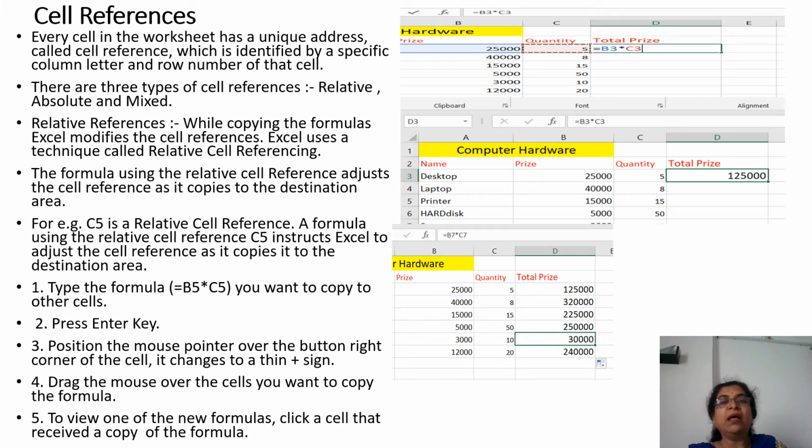Type the formula, that is equal to B5 multiplied by C5. Here, see, prices are there and quantities are there. So total price means price multiplied by quantity, you will get total price. So B3, this is B column and the third row, and C column and the third row. Here we are multiplying B3 by C3, and this value we are getting already.